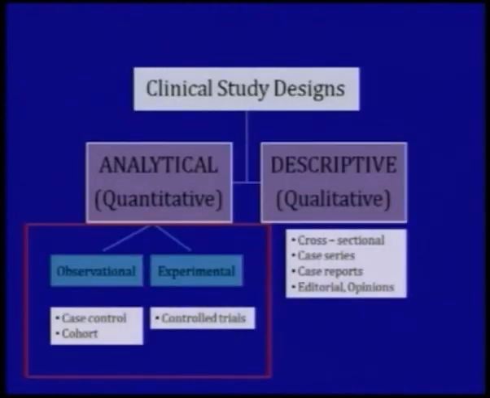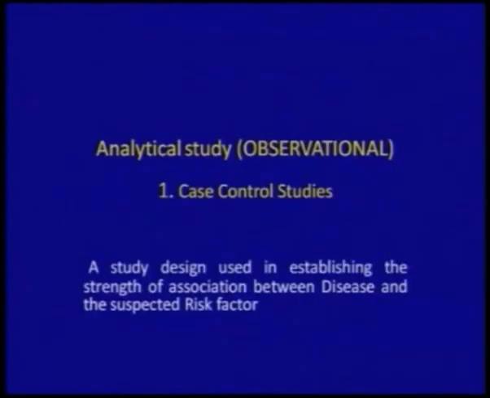So again, coming to the algorithm, so qualitative and quantitative studies, qualitative or descriptive studies we studied 4 types, and analytical studies we classified as observational and experimental based on whether you are going to give the exposure or whether the exposure happens automatically. So coming to the first group of observational analytical studies, case control studies. We are going to study in detail each of them, so I will just give a brief gist of it. So this is a study design used in establishing the strength of association between a disease and a